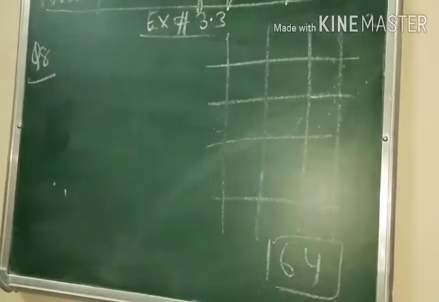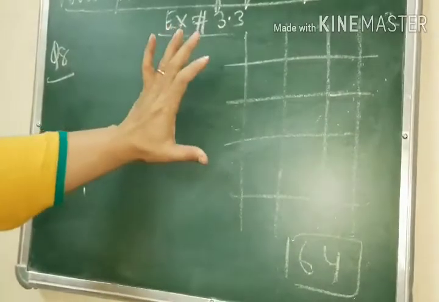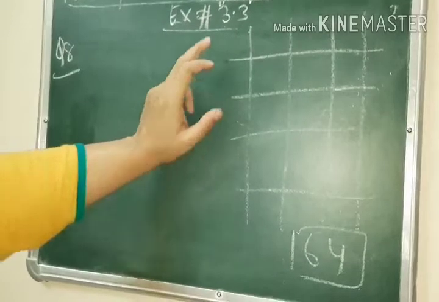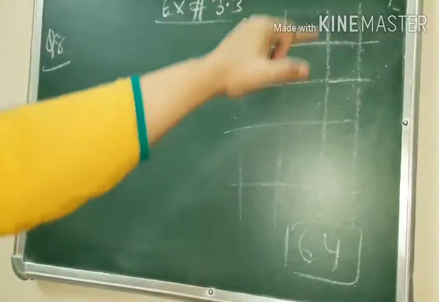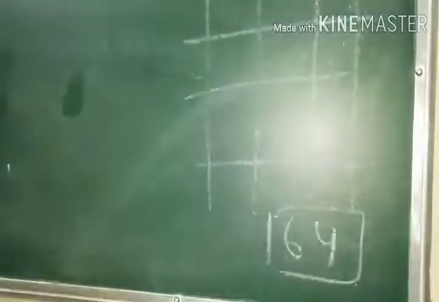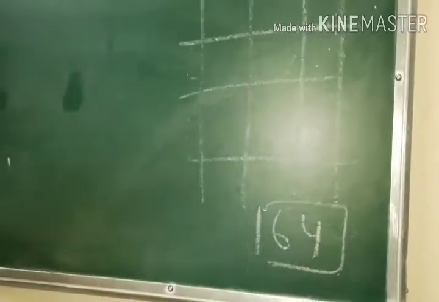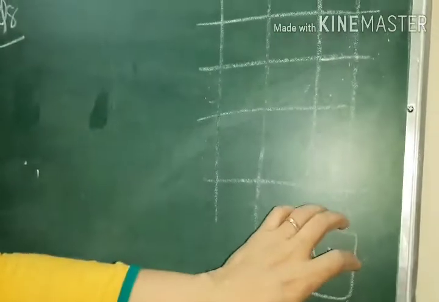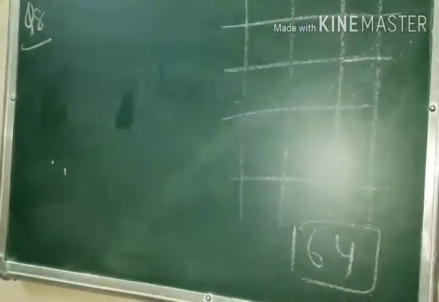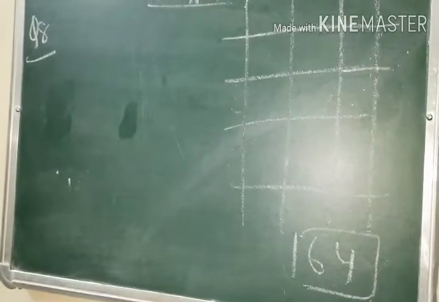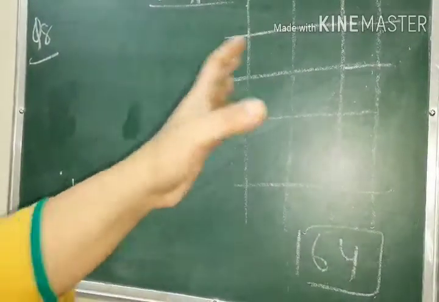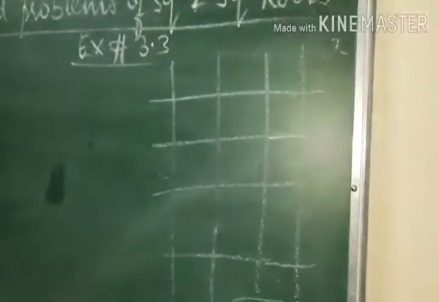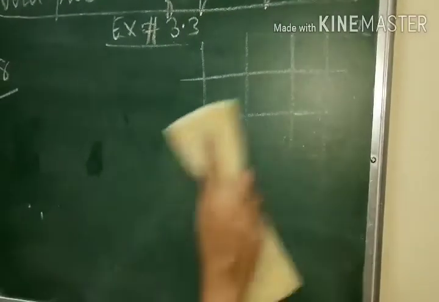Is the question clear? Again I am repeating. A PT teacher is there in the school. He had to arrange the students in such a manner that the number of rows and number of columns should be the same. Now, when he arranged, he found that 64 students were left over who could not be arranged in such a pattern. Now you have to tell how many students were arranged in such a pattern so that the number of rows and number of columns are the same. That means how many rows were there? You have to find that.